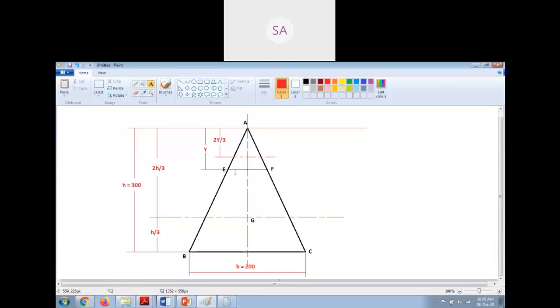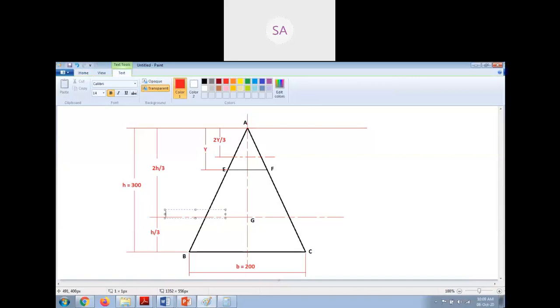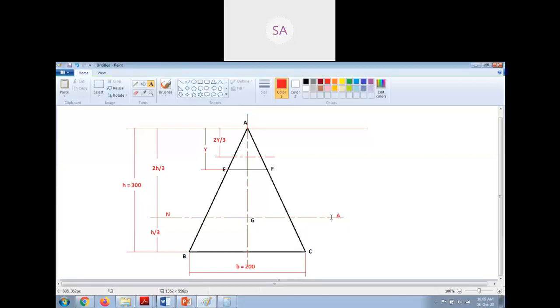Now I have to derive an expression for finding the shear stress at any distance y from the apex, and using that equation I can find the shear stress at various points. This is my neutral axis, so if you want the shear stress at the neutral axis, you just have to give the distance y as 2h by 3. If you do that, you will get the shear stress at this point. Like that, you can find the shear stress at all the various points. So let us try to find the equation first.